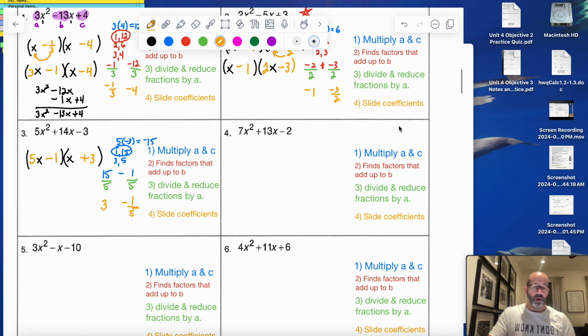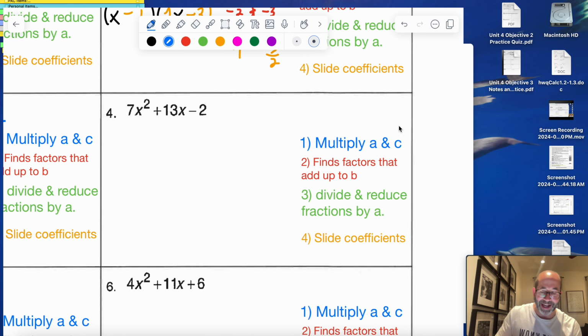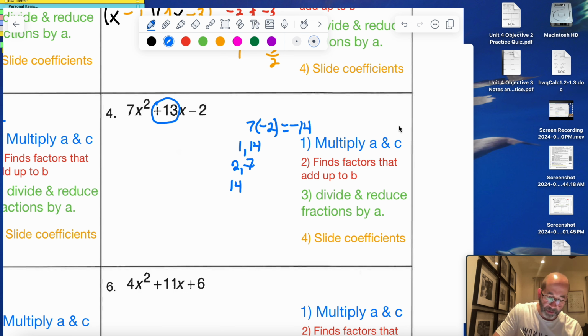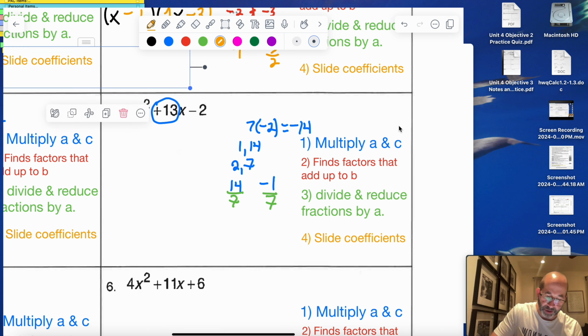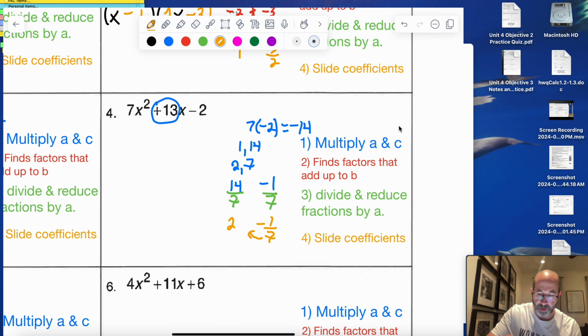Okay? Let's try number 4. We're going to multiply A and C together. So that's going to be 7 times negative 2, which is going to equal negative 14. We're trying to get a positive 13 here. So 1 and 14, 2 and 7. The only way we can get that is by doing 14 minus 1. Okay. We're going to go ahead and divide by my A value. We're going to reduce the fractions. We get 2 and negative 1 over 7. Try to imagine moving the 7 up. And what we're going to have is a 7x